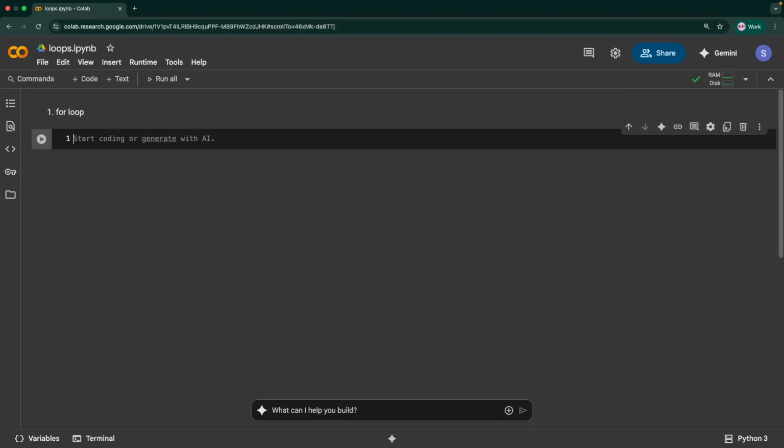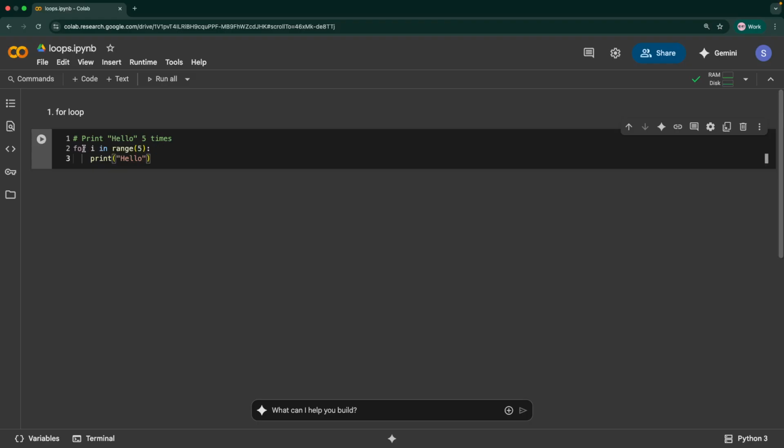The main difference between these is, for loops are used when you know how many times you want to repeat something. Let's consider this example. Here I write a code like this, saying print hello 5 times. When I know that I want to do something a particular number of times, in this case 5, I can go with a for loop. But when that number is not certain, when there is uncertainty on how many times a particular task has to run, in that case we can use a while loop. So that is the main difference.